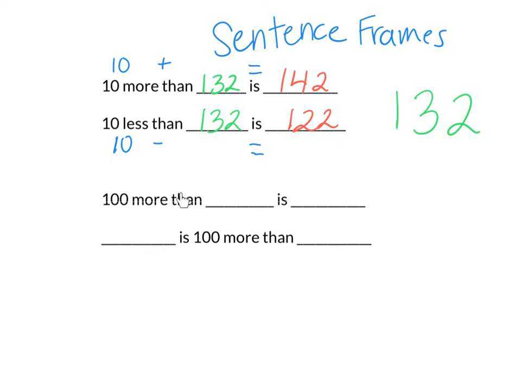Okay. Now we can do the same thing with a hundreds place sentence frame. So let's say 100 more than blank is blank. So that's kind of like saying 100 more than a number is the same as this number. Okay? So here we go. 100 more than 132 is 232, because the hundreds place number increased by 100. We went 100 plus 132. The hundreds place number